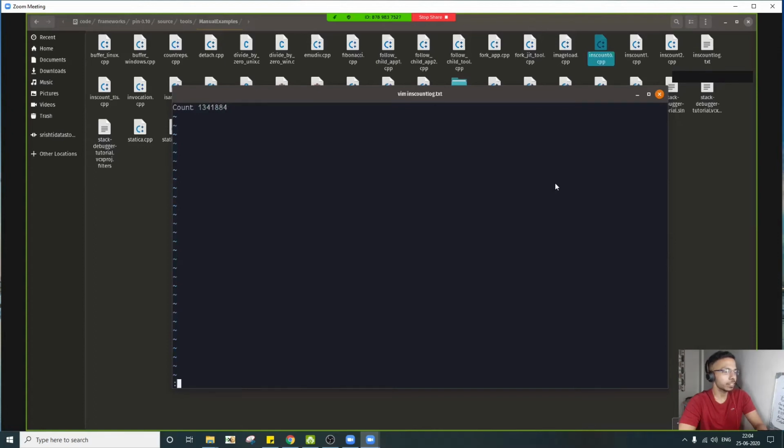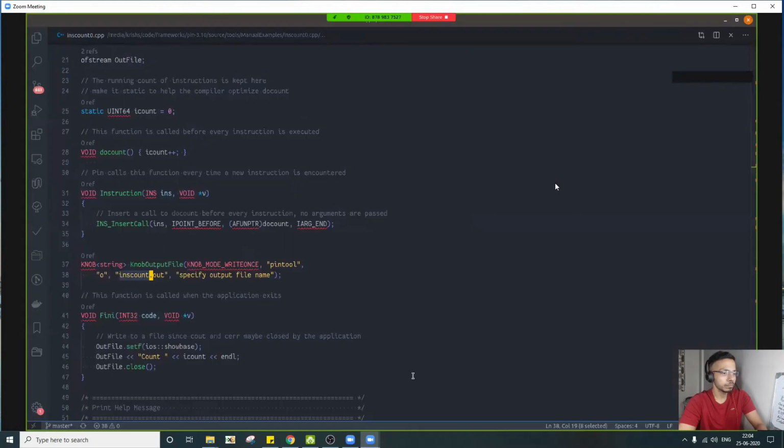So basically, this is a very basic example of how you add instrumentation and analysis callbacks, and how you decide where to put them. Now you can also try to add instrumentation for very specific instructions. Let's say you want to add instrumentation for only call instructions, so you want to measure how many calls.